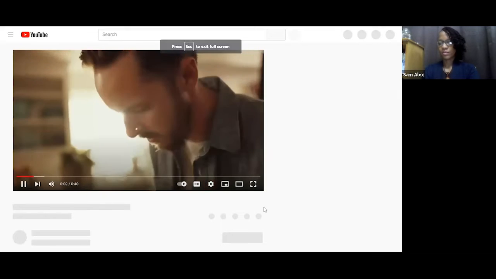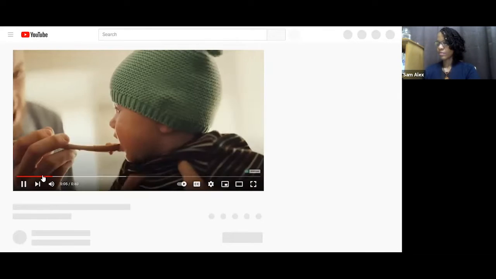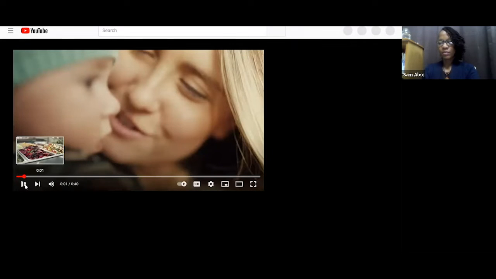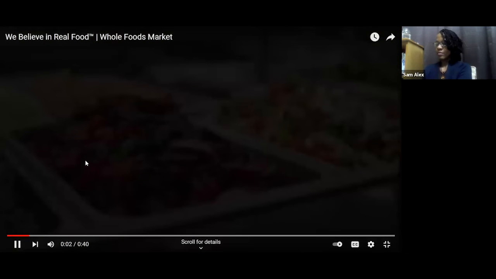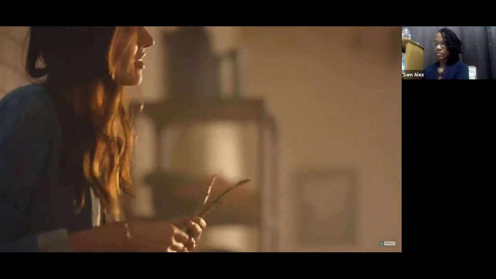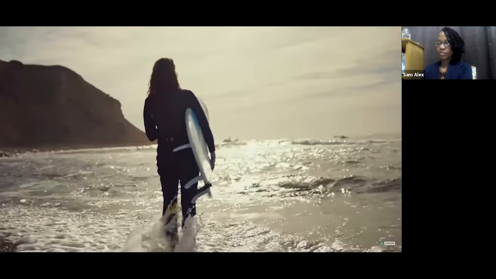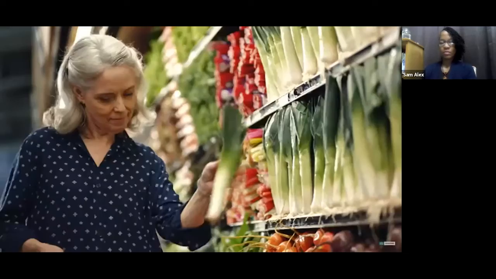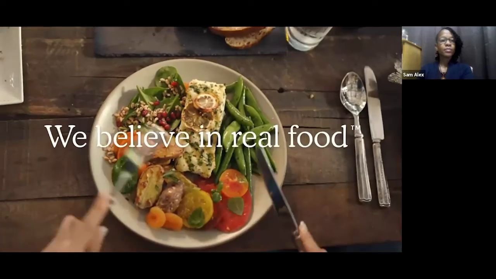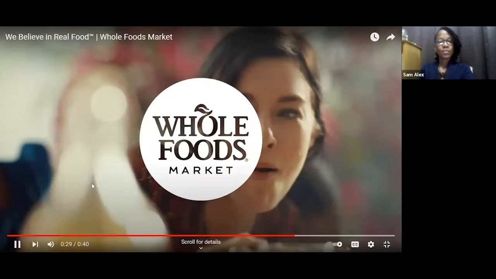At Whole Foods Market, we believe in food that's naturally beautiful and fresh, delicious and powerful, and full of nutrients. Food that makes us nourished and mighty, and connects us to the natural world. So there are no artificial colors, no artificial flavors, no artificial preservatives in any of the food we sell. We believe in real food. Whole Foods Market.